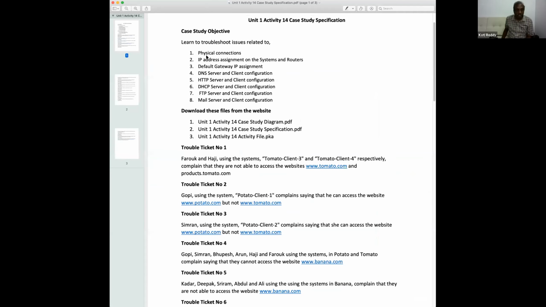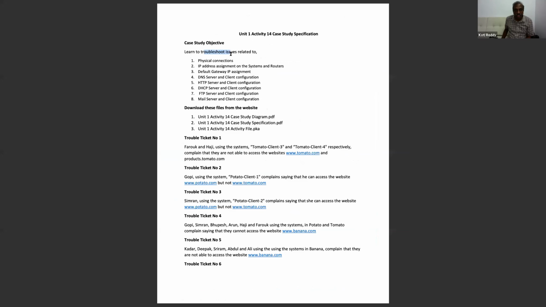See now, I prepared a set of troubleshooting tickets like this. In this particular workshop, we are going to troubleshoot issues related to physical connections, IP address assignment on systems and routers, default gateway IP address assignment, DNS server and client configuration, HTTP server and client configuration, DHCP server and client configuration, FTP server and client configuration, and also mail server and its client configuration.